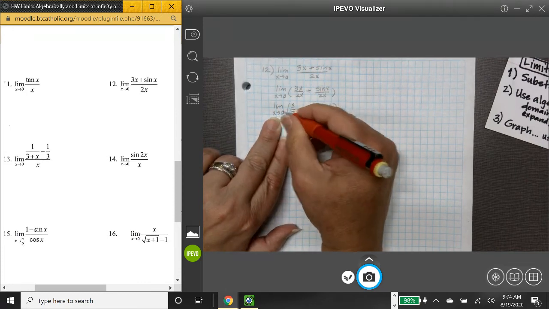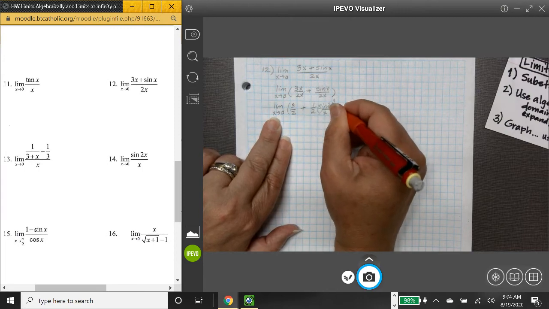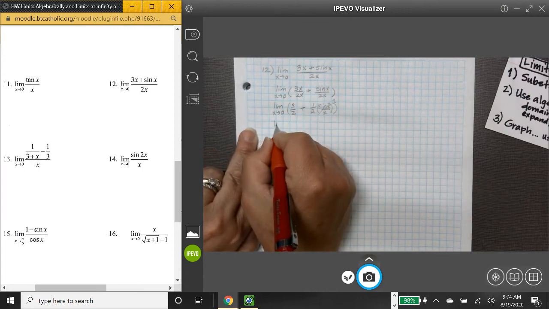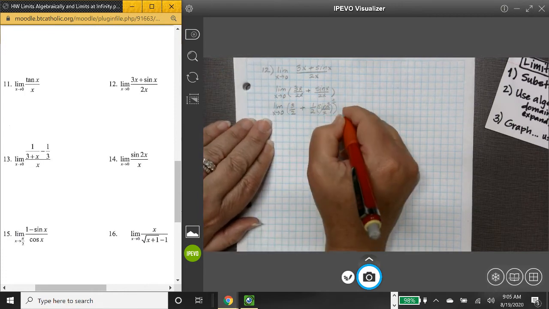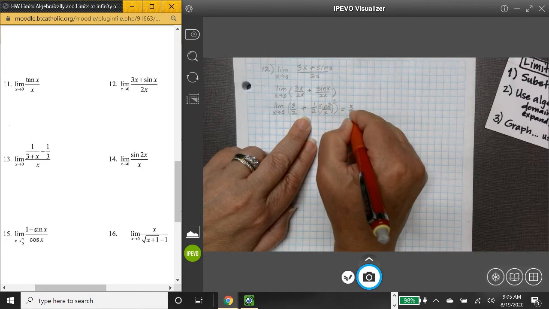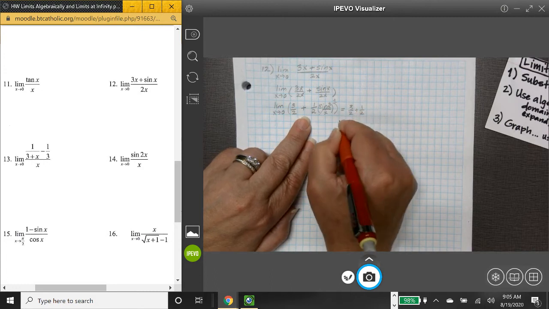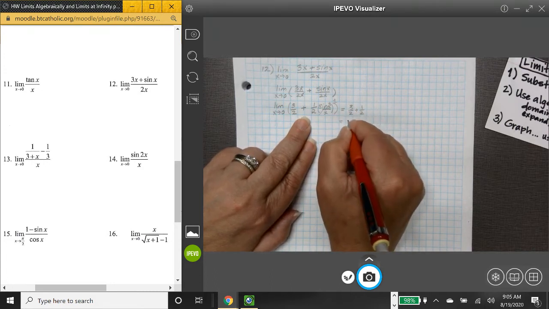We know as x approaches 0, this limit is 1. And so we can say then the limit as x approaches 0 is equal to 3/2 plus 1/2, which is 4/2, which is 2,